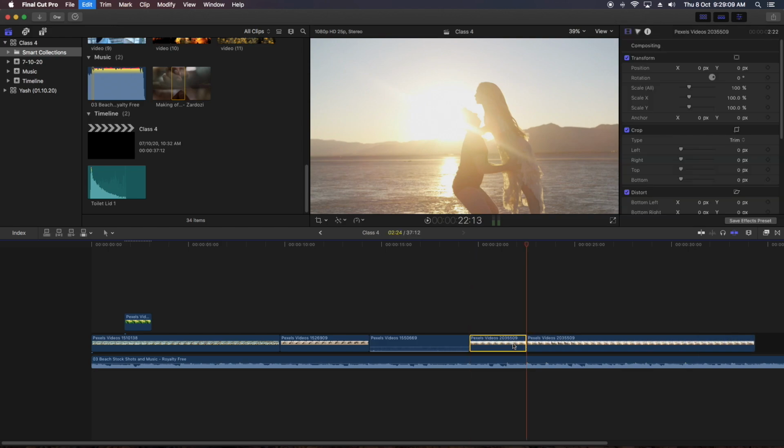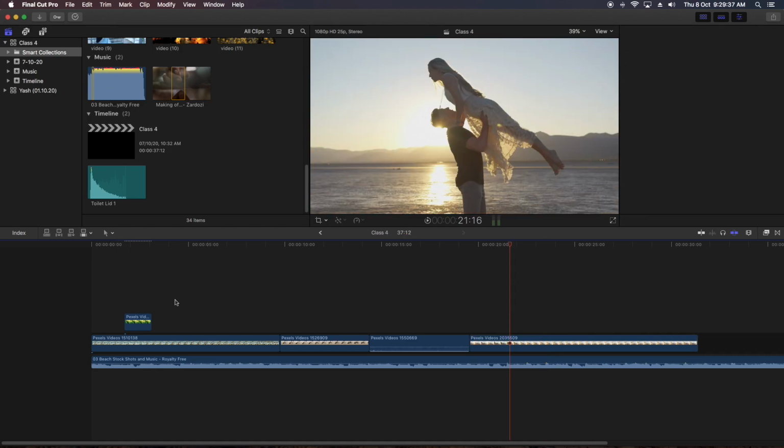There is one shortcut by which we can perform all this, and it's Control B. By Control B I don't have to select the blade, I don't have to perform a cut. Straight away my cut is there and I can delete this. So Control B is the option to move very fast on the timeline, the cuts.